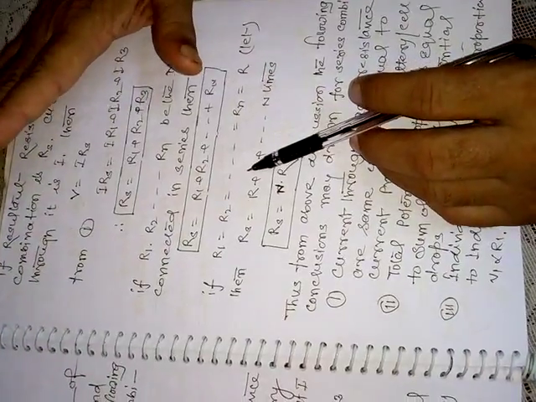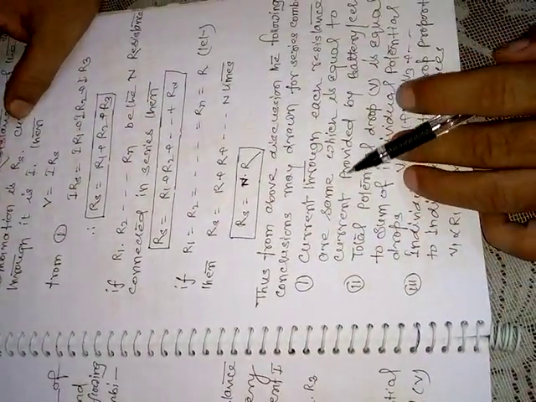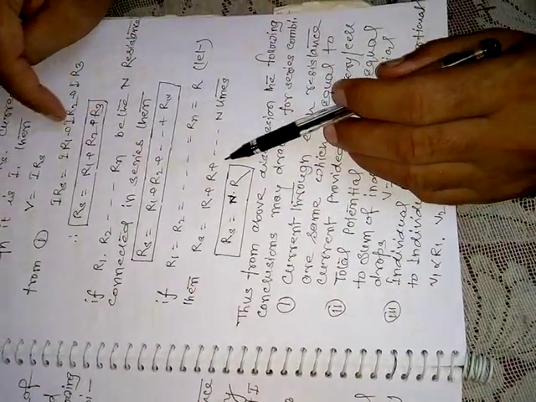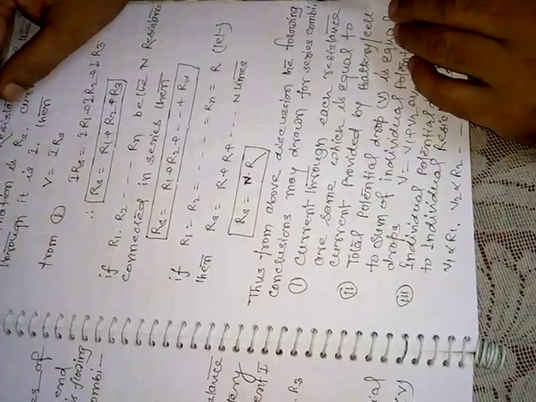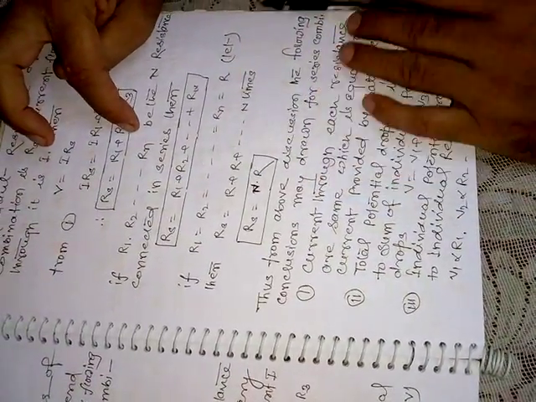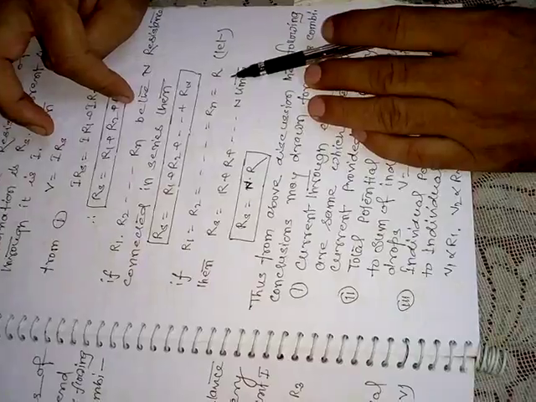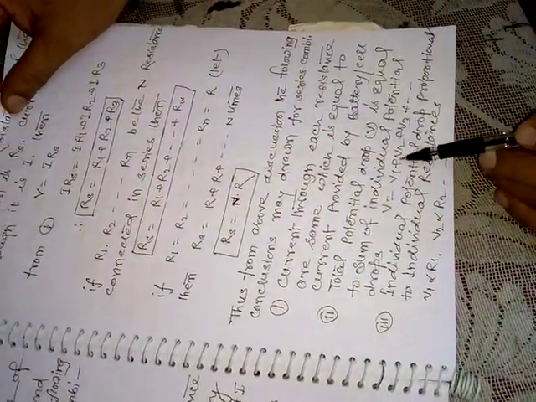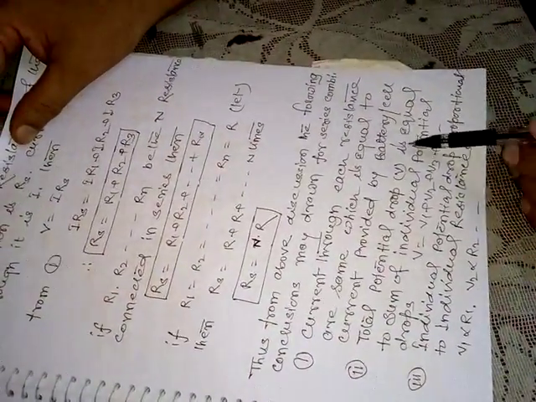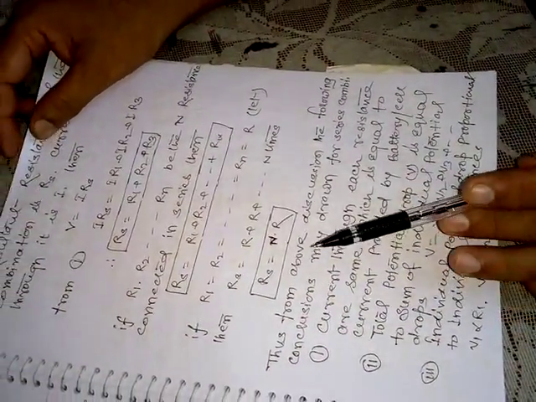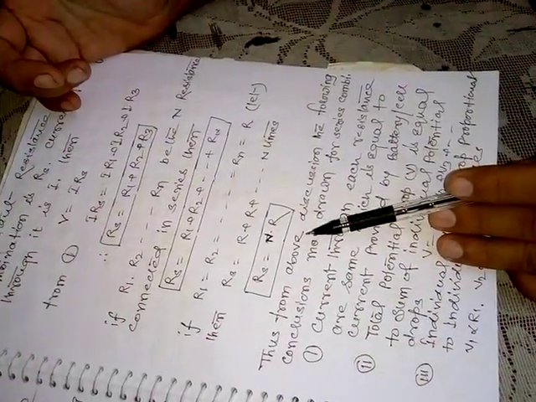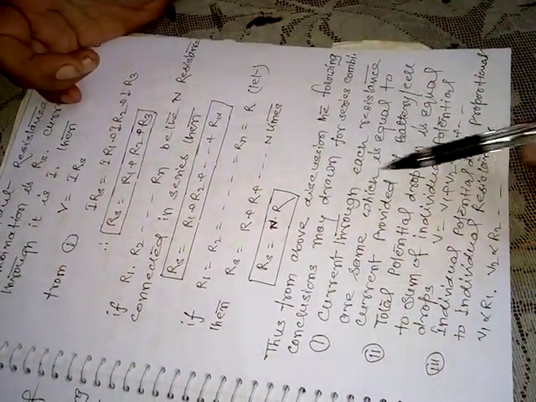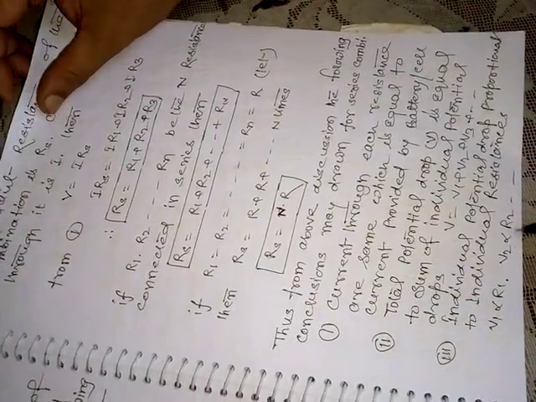So the important point regarding the series combination is, in series combination the amount of current for each resistor will remain same and which is equal to current provided by the battery. Total potential drop is equal to the sum of individual potential drops across the individual resistances, that is V is equal to V1 plus V2 plus V3. Potential drop across individual resistance depends on their individual resistance because the current remains same, so V1 proportional to R1, V2 proportional to R2 and so on, correct?